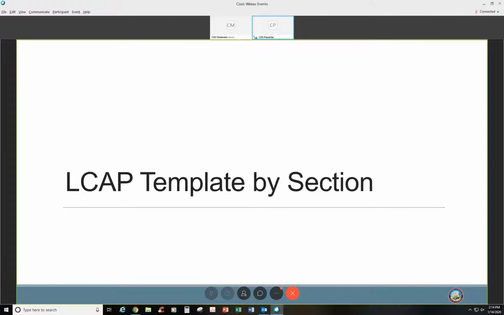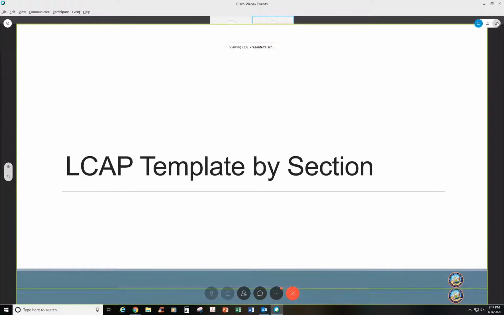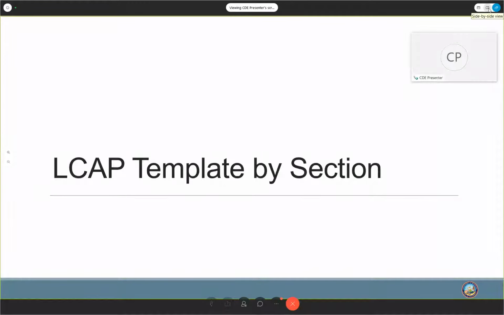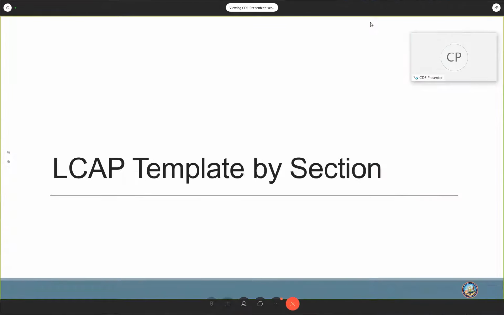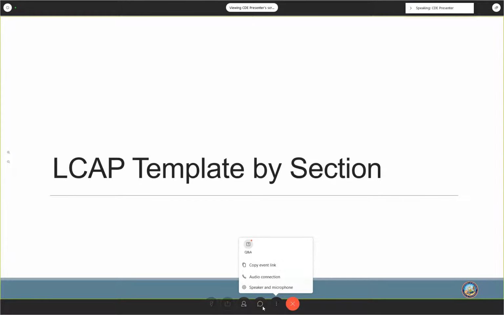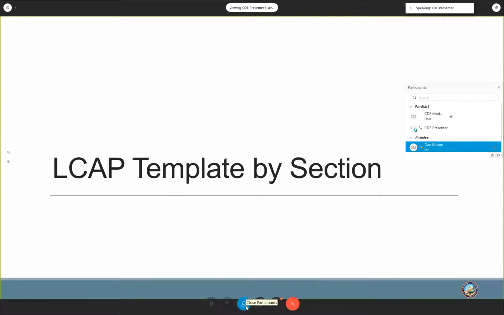Okay, we have a couple questions that we'll move on. There was a question about, and we haven't addressed, the budget overview for parents. That is still required. That is not changed, and technically that is to be provided as an overview, as a cover page to the LCAP itself, and so it would be included. The budget overview for parents requirement has not changed. There was a question about sufficiency of budget expenditures. The bottom line is if you put in your LCAP that you're going to spend X amount of dollars, that X amount of dollars has to be available in the budget to implement those actions.